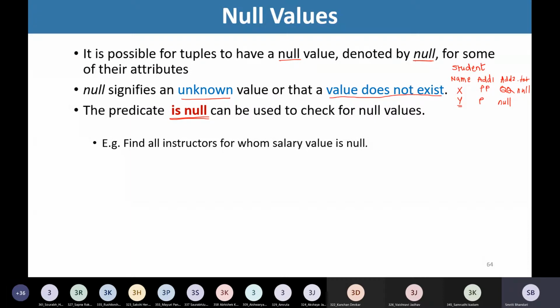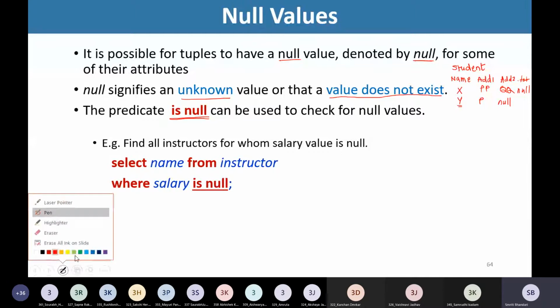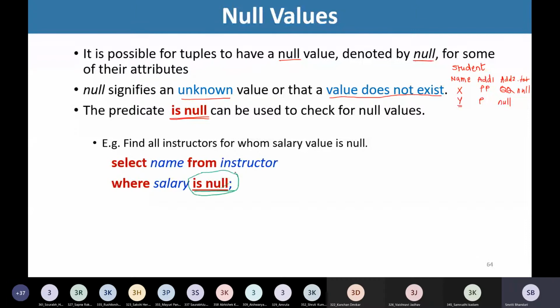So later on, whenever we are having available that data, we once again would like to update those values, right? So for that reason, we want to find out which are the instructors for whom the salary value is inputted as null, right? For example, if we want to find it out, we may write the statement like select name from instructor where salary is null. So this is a predicate that can be used to find out the tuples of the instructors for whom the salary value is unknown, is null, right? So the construct that we are using is this, is null,